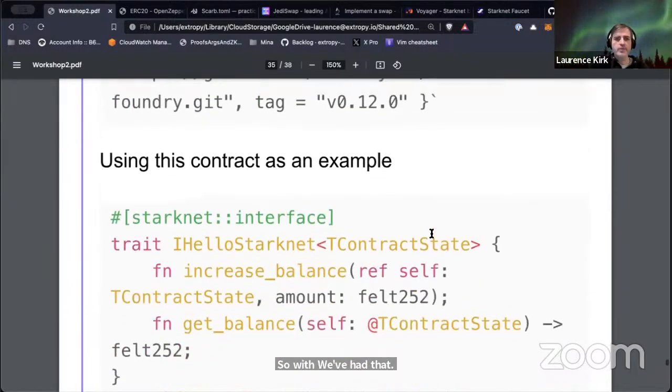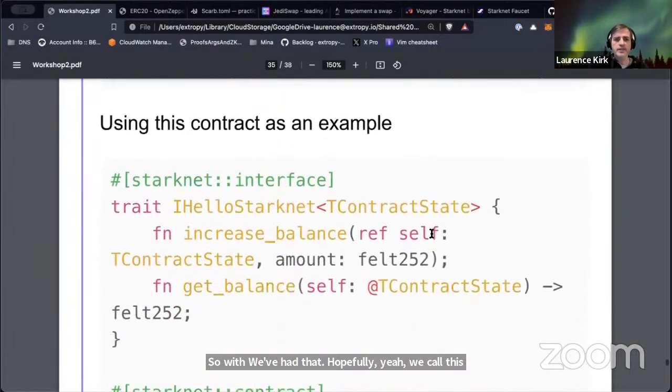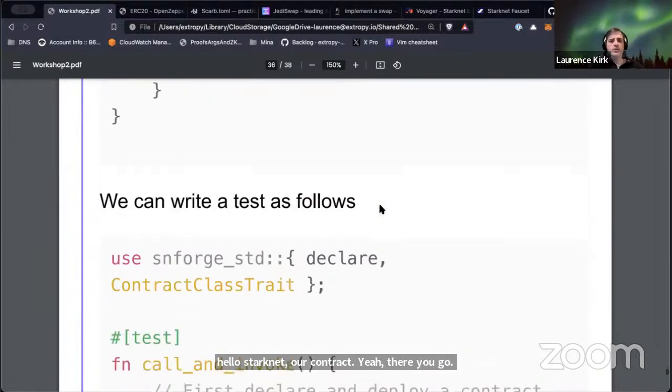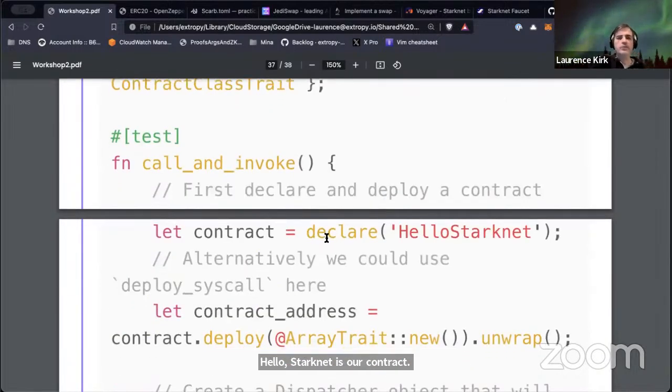Hopefully, yeah, we call this Hello Starknet, our contract. Yeah, there you go. Hello Starknet is our contract. So we're doing the declare here, which, if you remember from the previous workshop, that's the first step we have